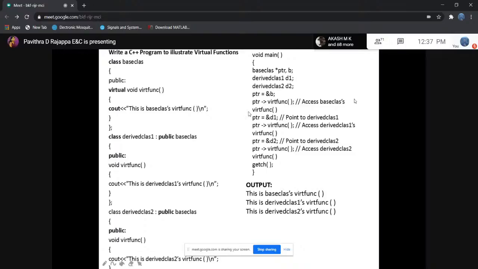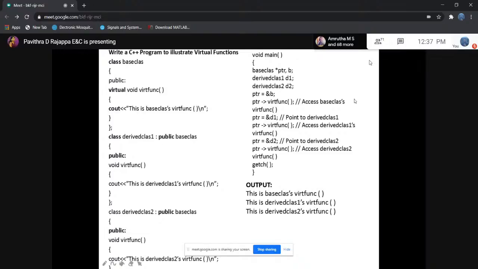Then this pointer can be used to hold the address of this object B. Ampersand represents the address, the address of B, where B holds the object of this base class.